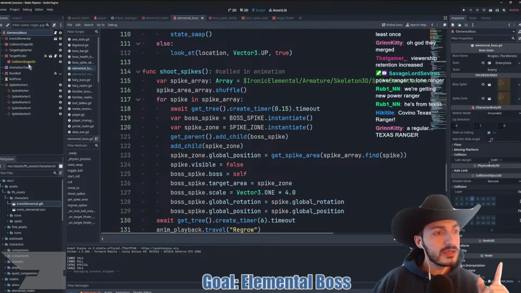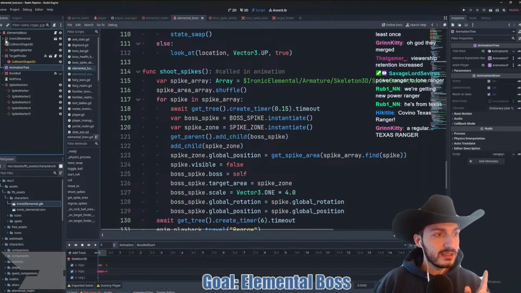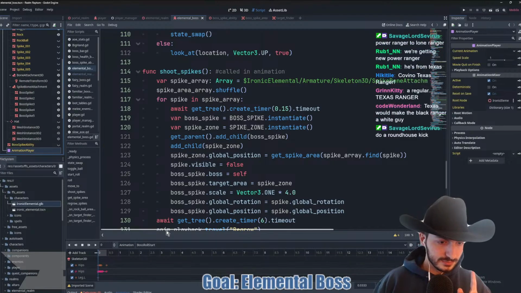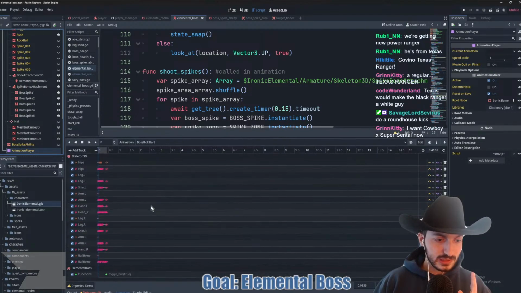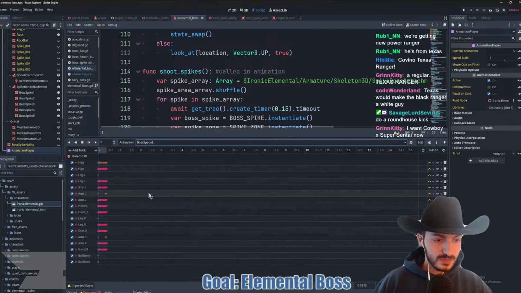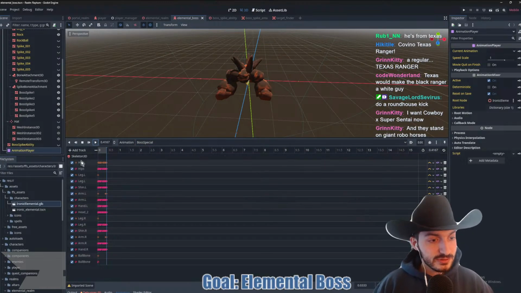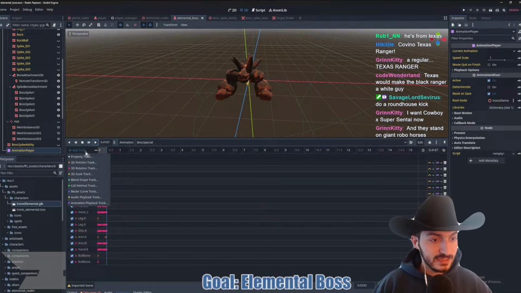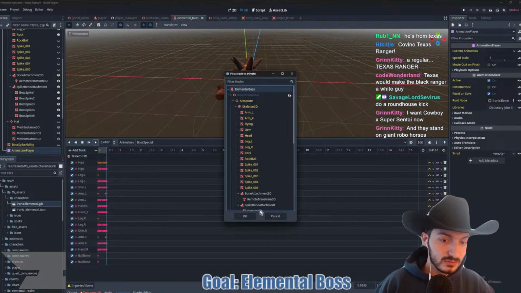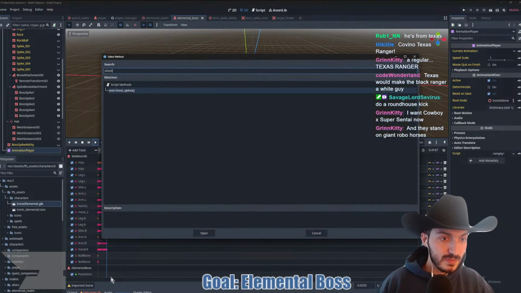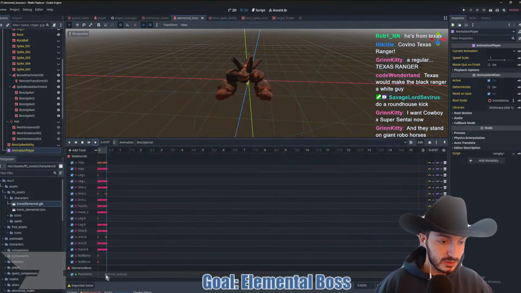Alright, why ain't we shooting spikes? That's the question. I wonder, wait a moment. Let's check, first thing is check the obvious ones. Because the obvious answers are typically the ones. Boss special. Alright, nothing's happening here. Interesting. Let's go to 3D. Ah, interesting. Add track. Method call. That's weird that it deleted. Because this should be shoot spikes. Boom.